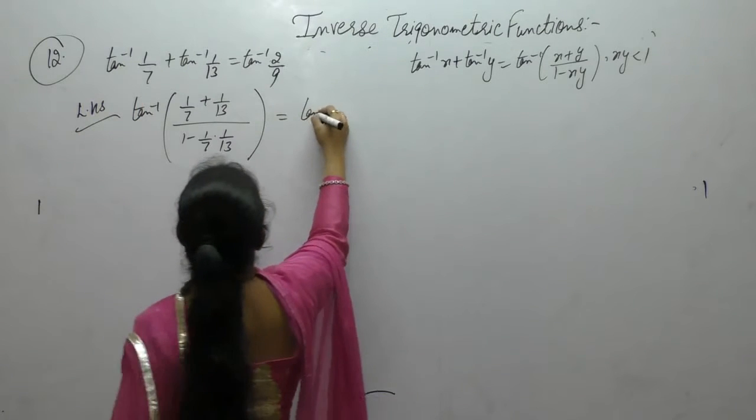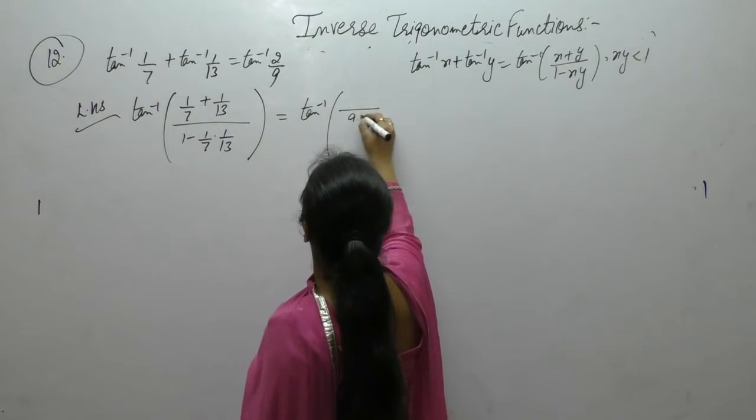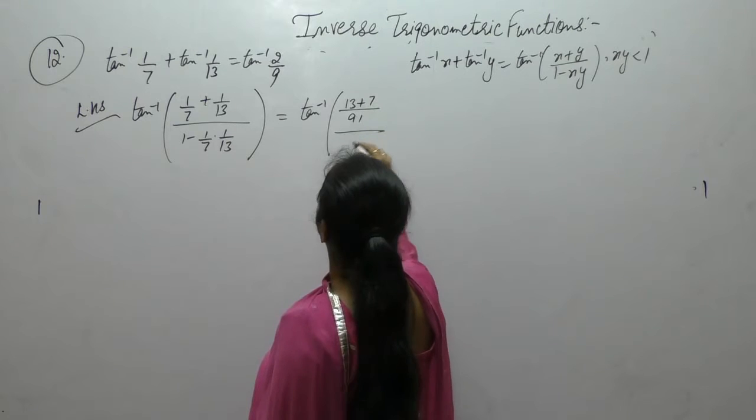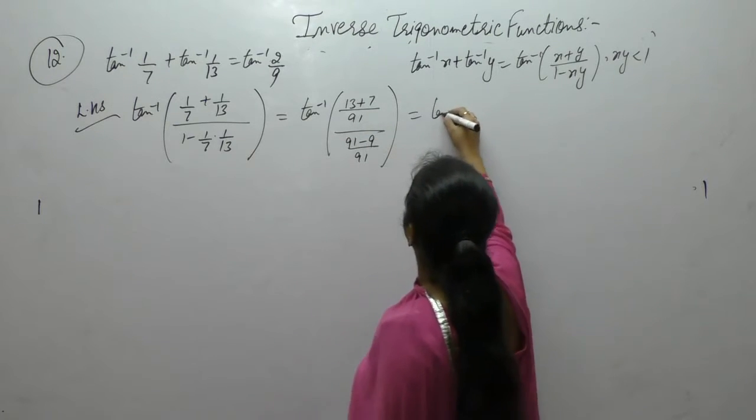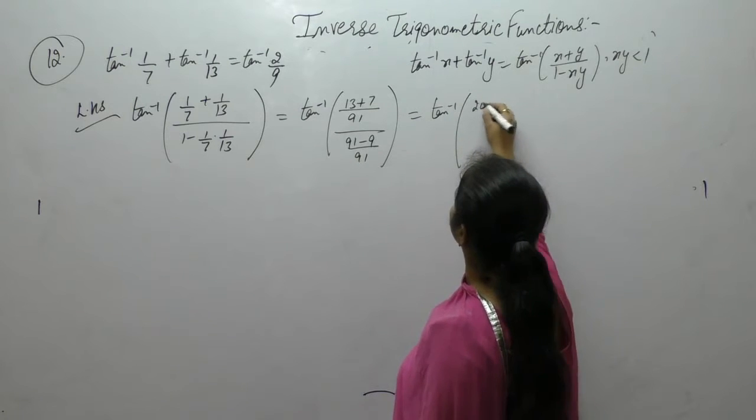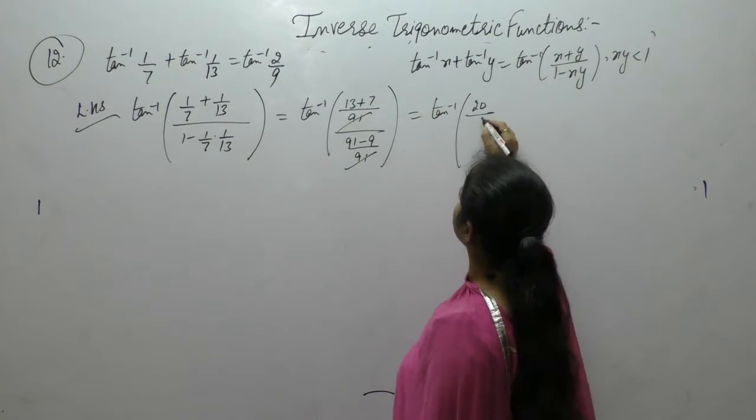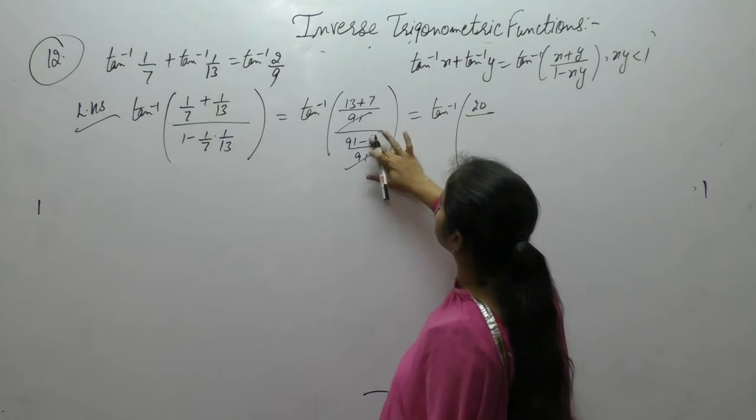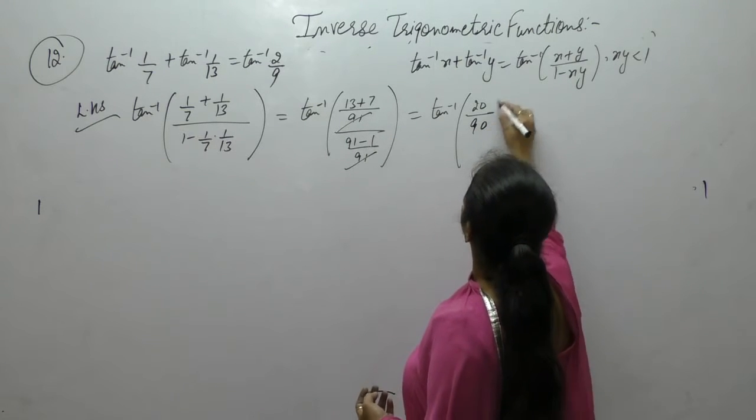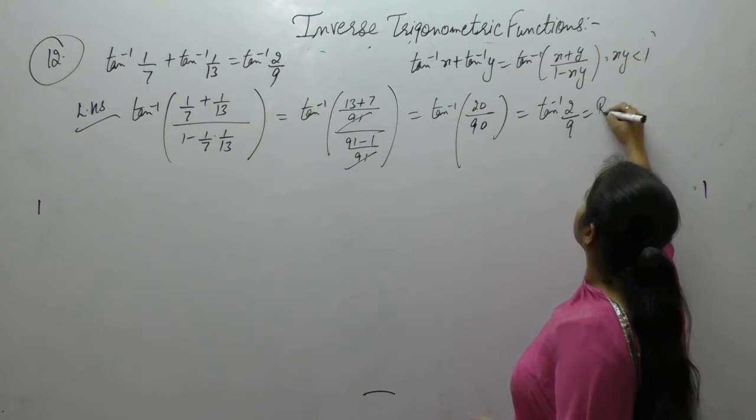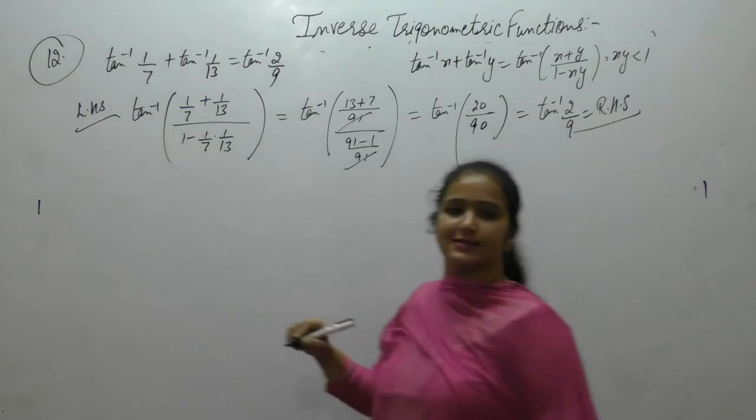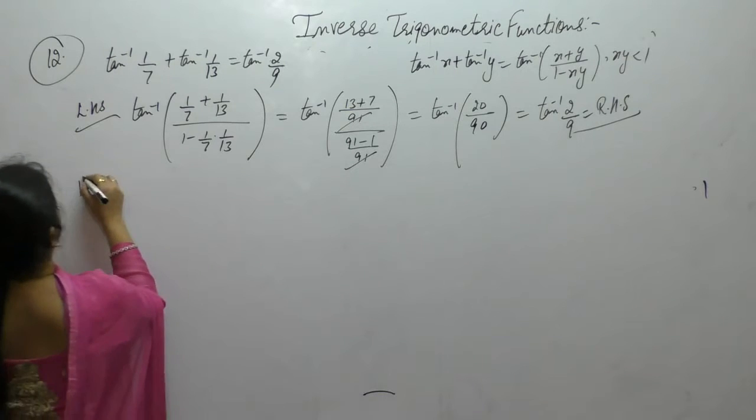So what we get? Taking the LCM, 13 into 7. So 13 plus 7, we get tan inverse of 20 upon 91 minus 1, which is 90. So we get tan inverse 2 by 9, that is equal to the right hand side. Second part,